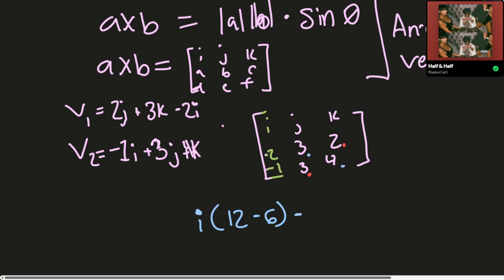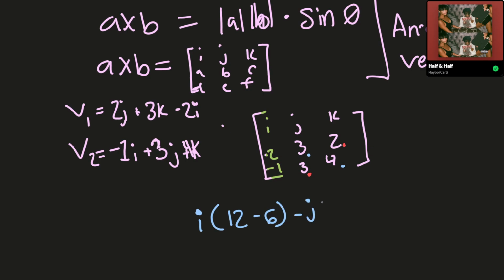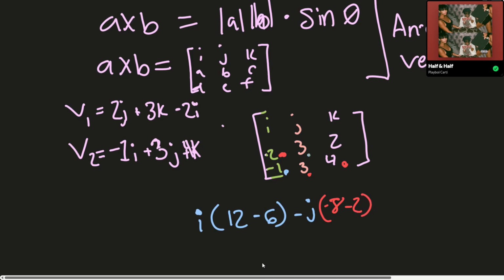Then we subtract the j vector, and now we're going to get rid of j. So now this is orange, and we're going to ignore that. So now our new a, b, c, and d. This is going to be a. This is going to be d. This is going to be b, and this is going to be c. Let's do AD minus BC. Negative 2 times 4 is equal to negative 8, minus 2 times negative 1, which is negative 2. And then finally we add our k value